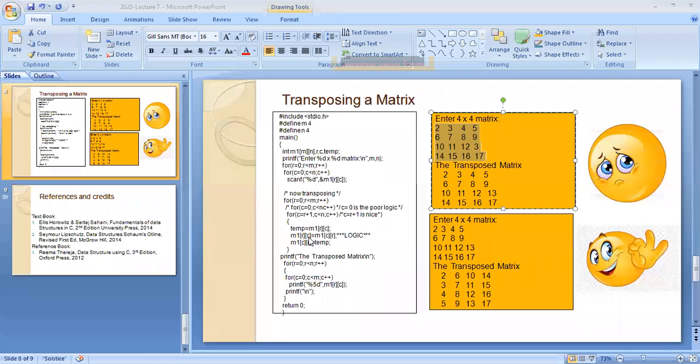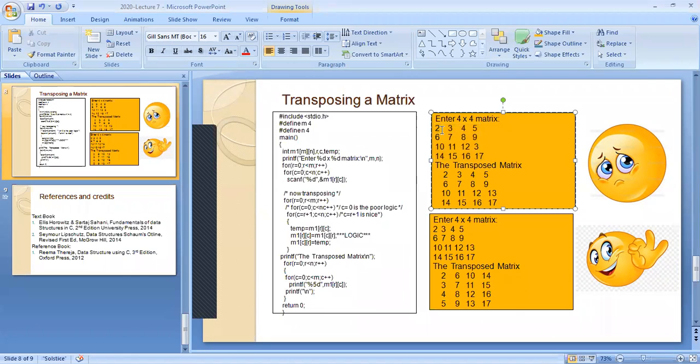No. Can you tell the reason why? It is no, because the input you gave and the output you are getting are both the same. The row contents are 2, 3, 4, 5, and the transpose is also 2, 3, 4, 5. So here it is not a transpose.